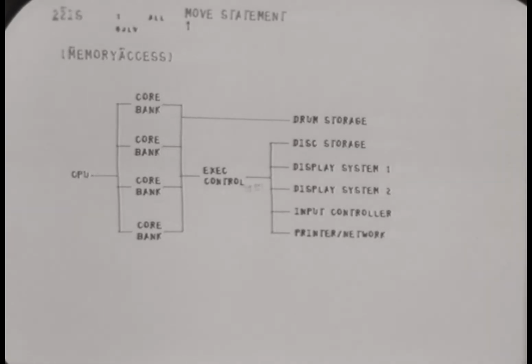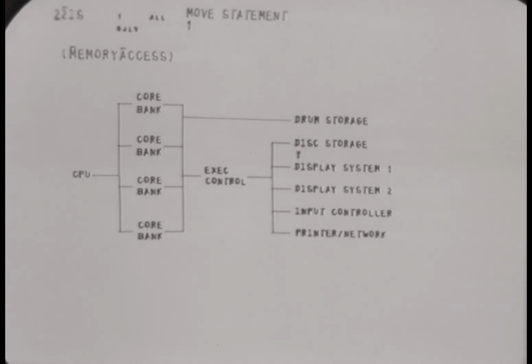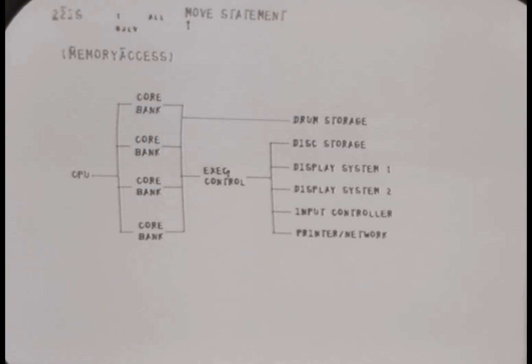We've taken advantage of that to put all of our control out here: a large 96 million character Bryant disk for giving backup storage for ourselves, our two display systems, each of which drives 6 displays, and all of which are refreshed out of core, and the input controller, which samples the keyboards, the key sets, the mice of each station about 15 times a second, and our printer and the ARPA network coupling here all come in through that same priority basis. So they can all be working full tilt, and we find that we get very low interference